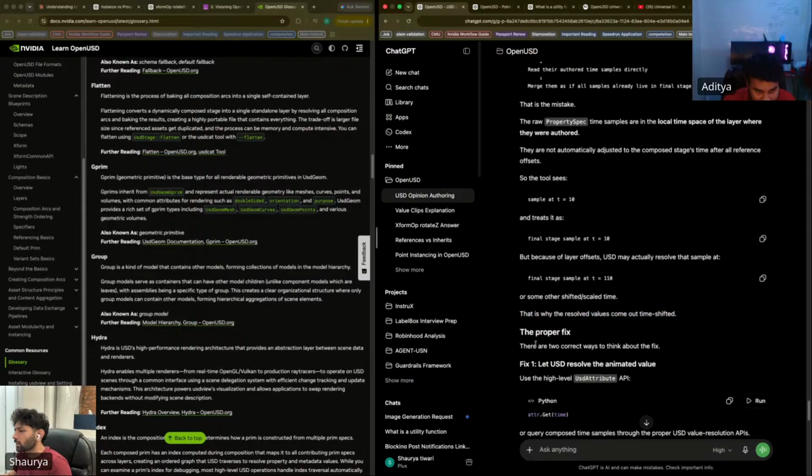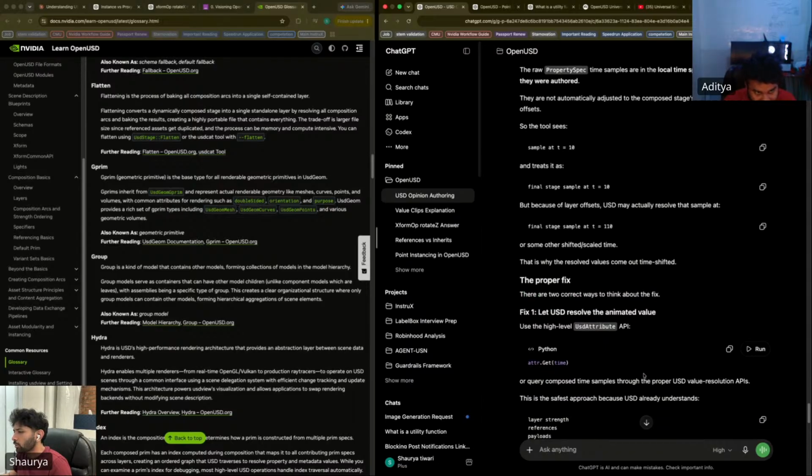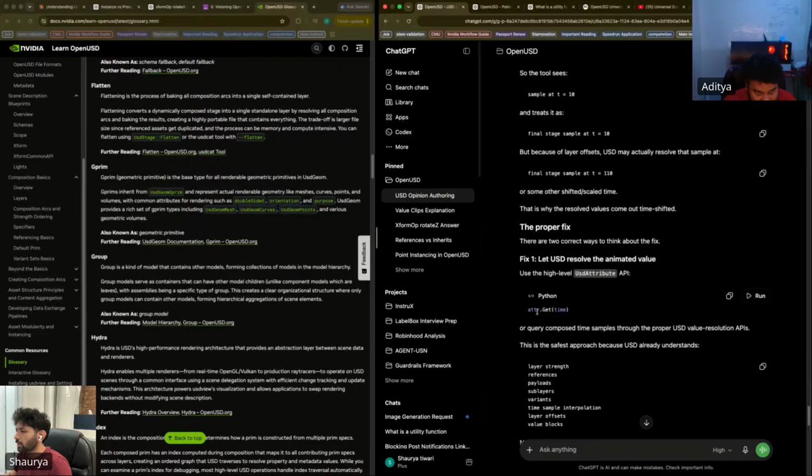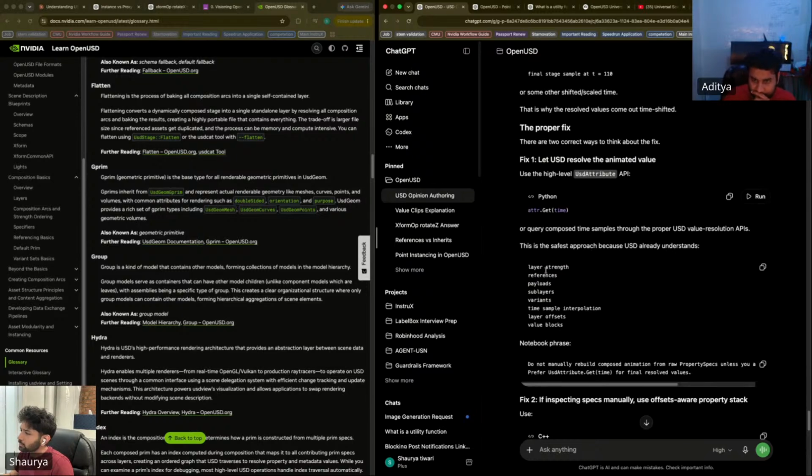The proper fix: there are two correct ways to think about the fix. Let USD resolve the animated value. Use the high-level USD attribute API, attribute.Get(time), or query composed time samples through the proper USD value resolution APIs. This is the safest approach because USD already understands layer strength, references and payloads.